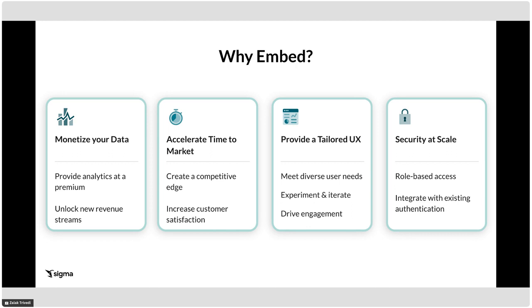Second is time to market, really. You have new data offerings and you want to be first to the market to gain a competitive edge. The faster you can provide these insights in the market, the more advantageous it is for you. You get customer feedback faster, and this feedback informs trends. And these trends really give you a competitive edge. This embedding process with Sigma requires minimal dev effort, and once it's implemented, it's really easy to maintain and scale it out.